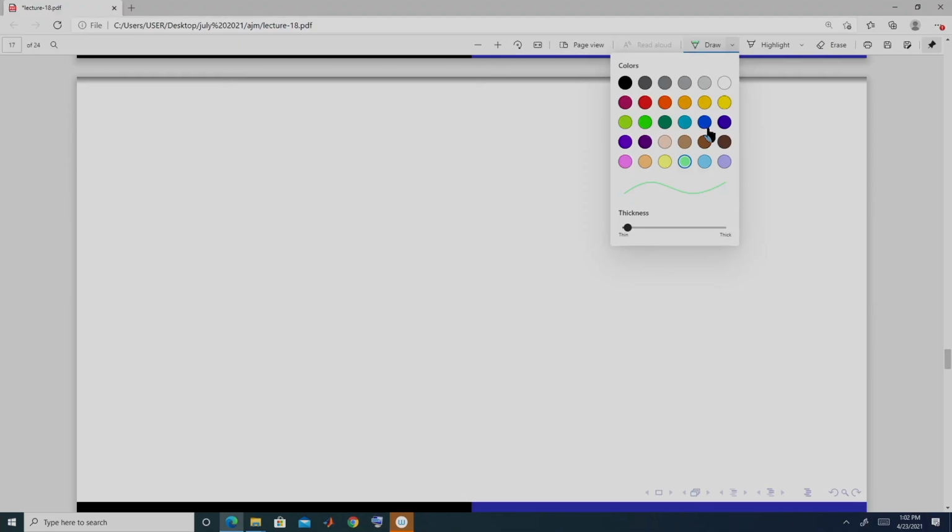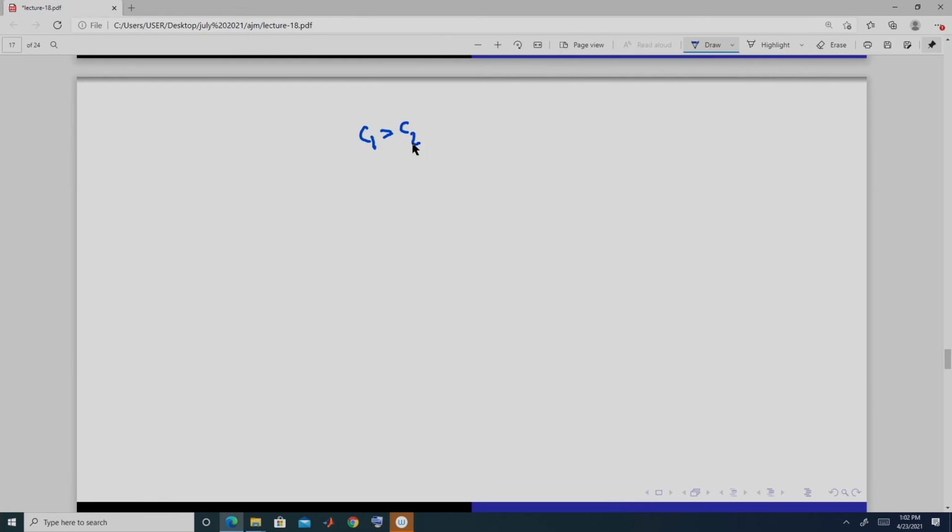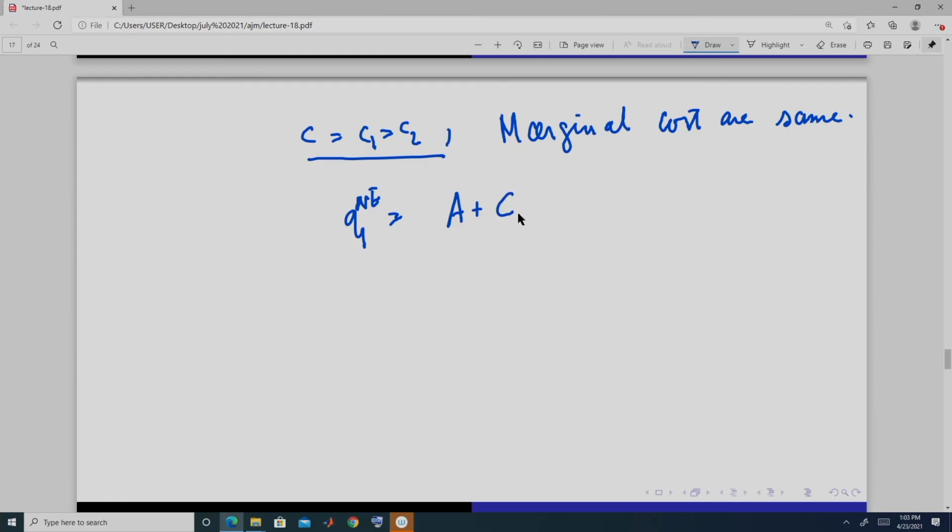Okay. Now, we will show that this Cournot outcome is similar to something we have done, the prisoner's dilemma kind of thing. So, to do that, for simplicity let us assume that C1 is equal to C2, that is, the marginal costs are the same. So, this Nash equilibrium output, which was this, it becomes